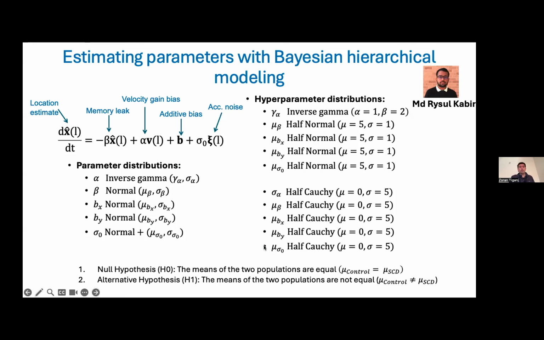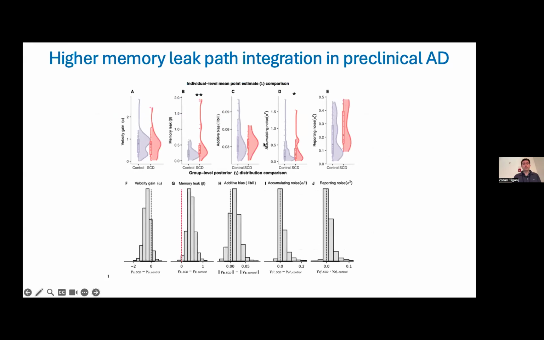So we are ultimately testing whether the means of the two populations, the SCD and the controls, differ. Means here: if I have, say, this beta, a parameter that I estimated, there's some mu, the mean of that distribution, and we want to see whether, when we sample that distribution given this hyperparameter distribution, they are going to be different or not. So this is just a slightly different way of doing statistics in that Bayesian hierarchical modeling world.